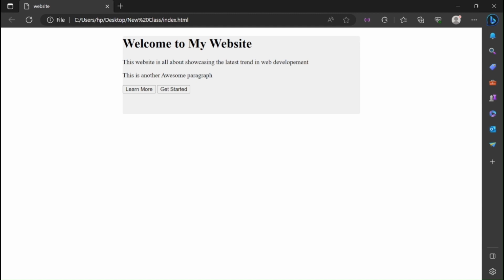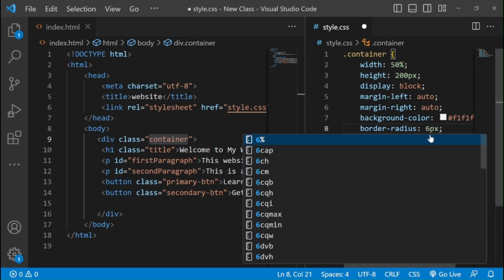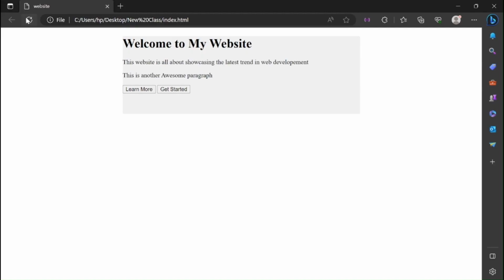Let me give it a very big border radius so that you will understand what I mean. Let's say instead of 3, let's make the border radius 6 pixel like this, and let's save it. Go back into our browser and refresh. As you can see, it's obvious now. You can see it's no longer sharp, it's curved like this. The border, the edge of the container here, right here. Let's go back into our text editor and continue the styling,